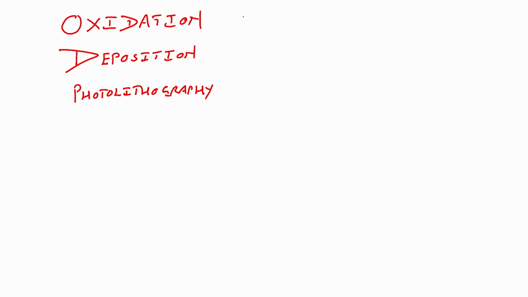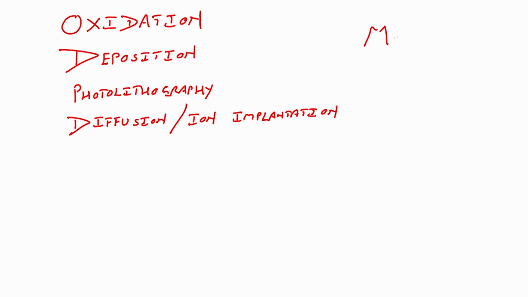Now, these three things we need to know, and one more step if you want to understand is diffusion or ion implantation, okay. So, these are the 4 steps that you need to know if you want to understand how MOSFET is fabricated,